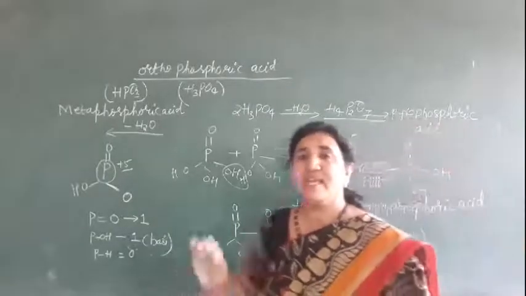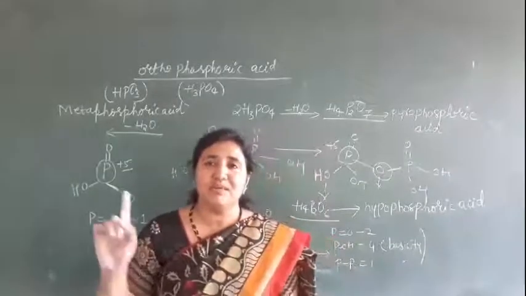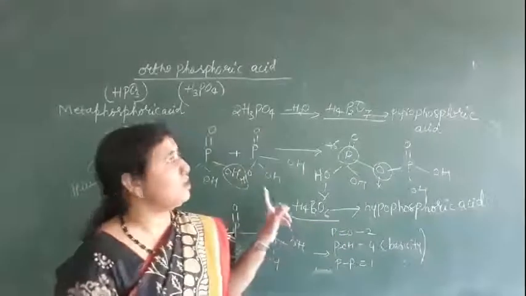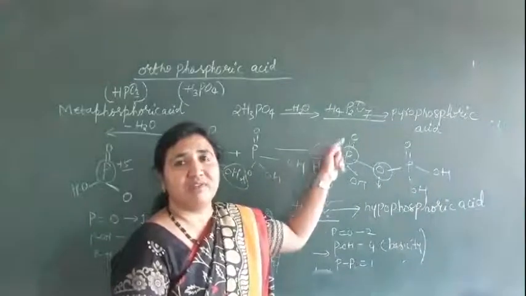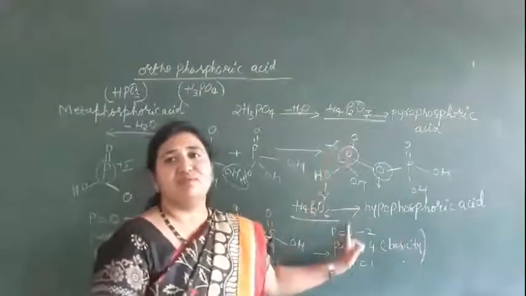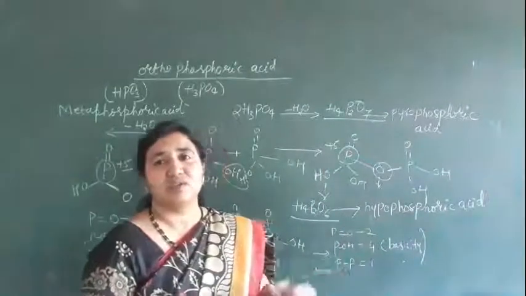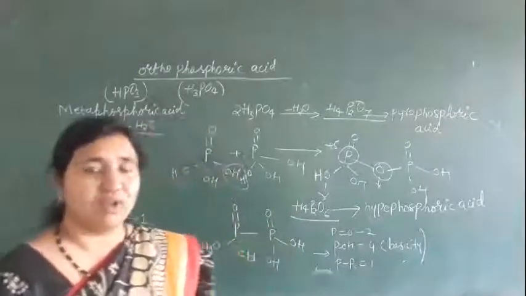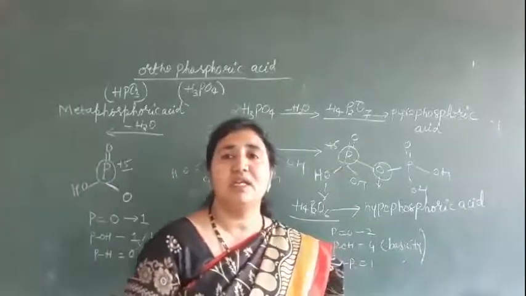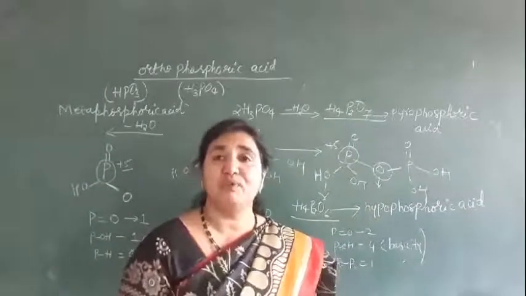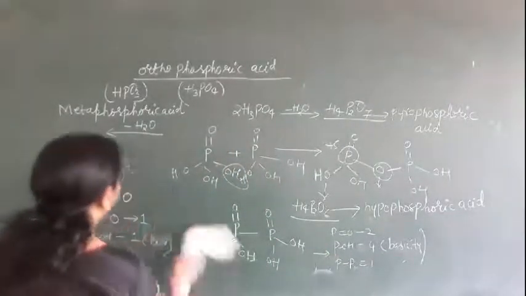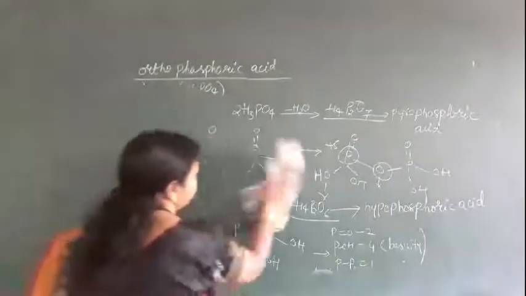Okay, first we have H3PO4, then remove a water molecule, we get HPO3. Two H3PO4 combined, remove a water molecule, we get H4P2O7, and removing one oxygen gives H4P2O6. So this is all about the oxo acids of phosphorus, and this is a very important structure. You have to remember how many double bonds, how many OH bonds, and how many PH bonds are there. Now here is one trick I will tell you to remember the basicity of three acids.